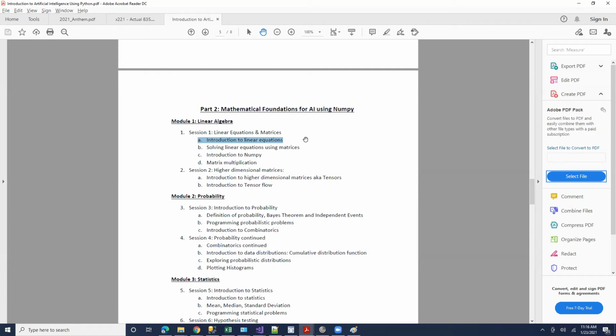It will not be just the math part of it. As I said, this is programming for mathematics, right? So it will be more programming based and not just the math part of it, because all of you know how to solve x plus y equal to 3 and x plus 2y equal to 5, right? Next class, basically, next class.